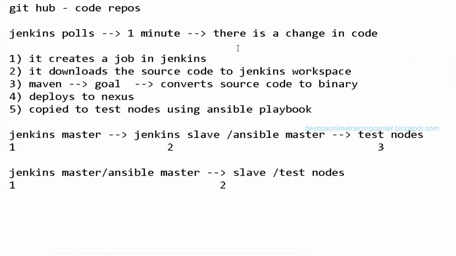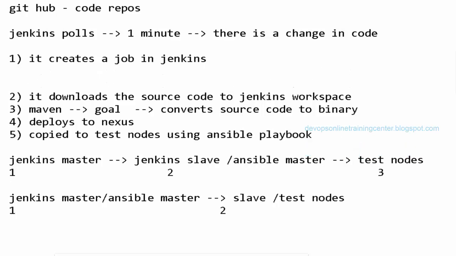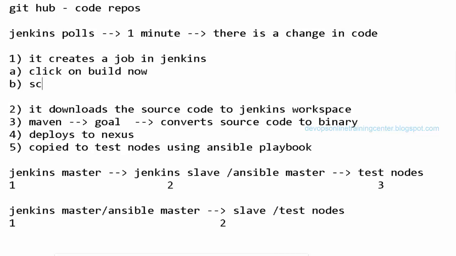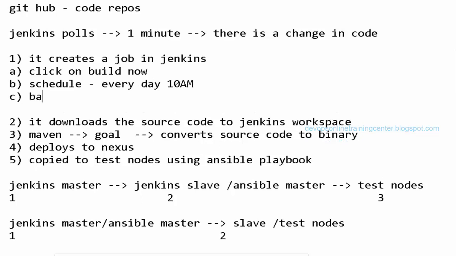Okay, so this is the flow. It creates a job either on demand, or we can create it manually by clicking on build now, or we can schedule something like every day at 5 o'clock, or based on a poll mechanism. So there are three ways: one is click on build now, or schedule something like every day at 10 a.m., or based on the check-in polling.